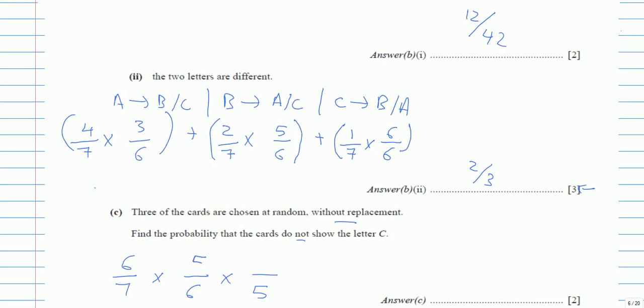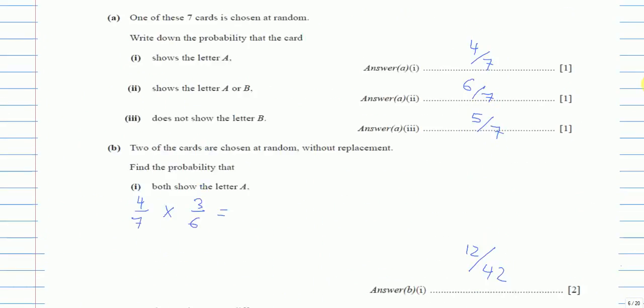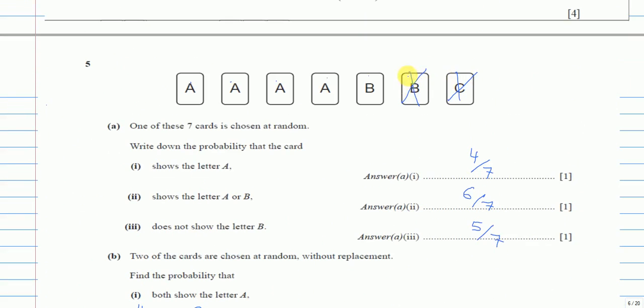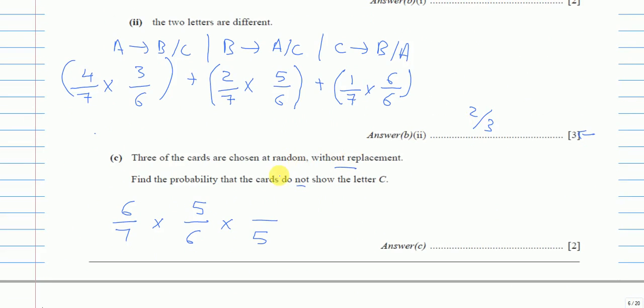Now two cards are already taken out and it is still not a C, so what is left is 1 2 3 4. So it's 4, and that's it. 3 cards are chosen, they were not replaced, and when you multiply them you will get 120 over 210. You can leave your answer unsimplified, because in probability you do not need to simplify. If you simplify, it's up to you actually. Okay, and this question is done.